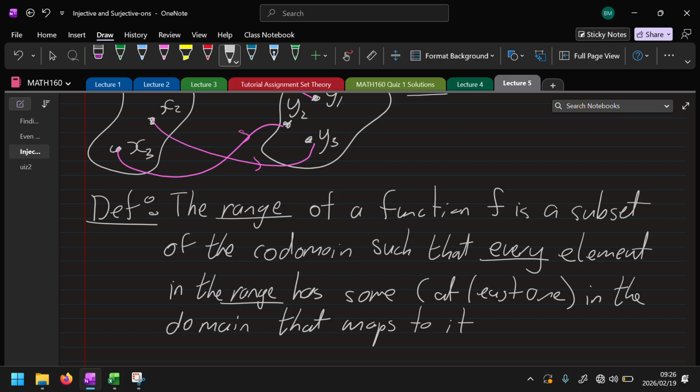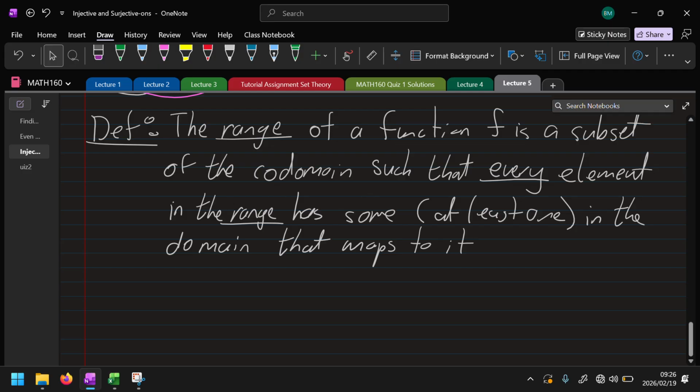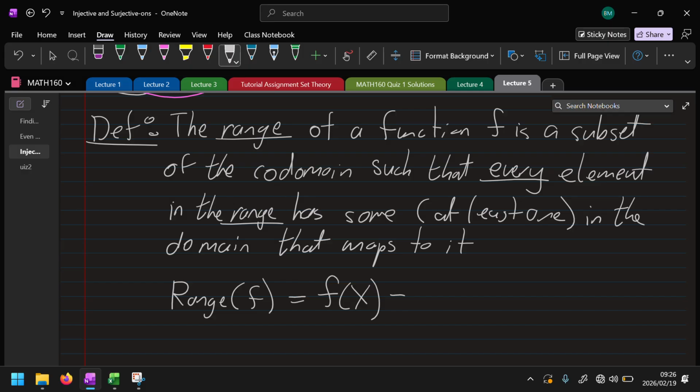Okay, now there's a few notations for this. We can write it as the range of f. I prefer the following notation: f of x. So inside here, this is just a symbol. It's not f evaluated at x. Inside here, we put the whole set x, the whole domain. So f of the whole set x is equal to all of the elements in the codomain,